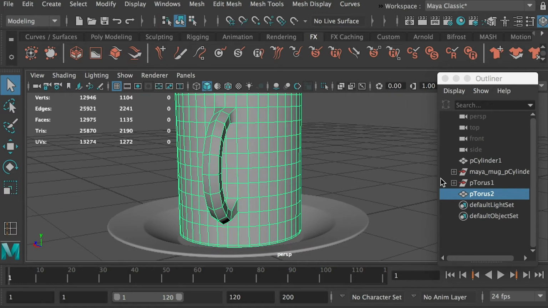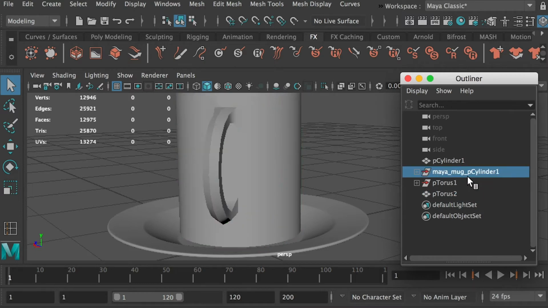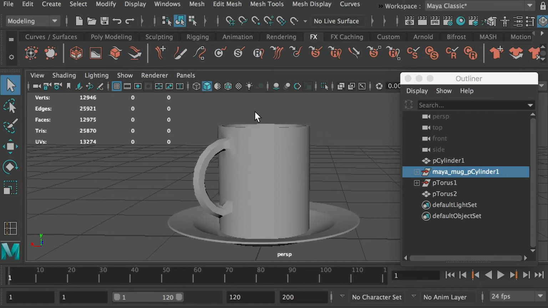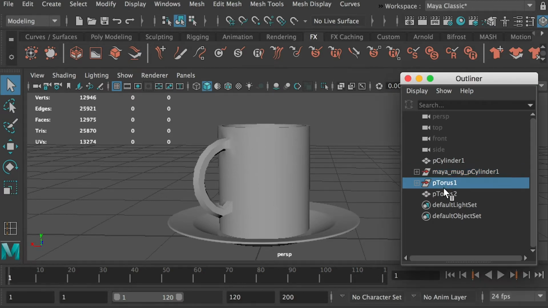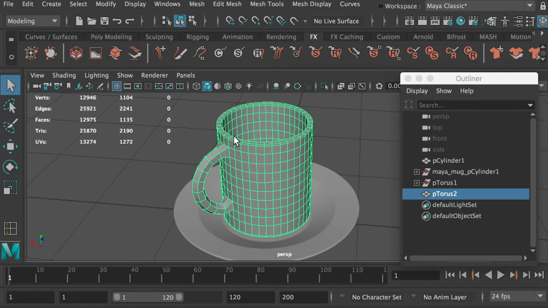See here, if I just take a look at the Outliner, I can see the names. Here it says mark cylinder, so I believe it is the history of this cylinder part. And here, torus, so I believe that is the history of the ear part. When the student created the model, he had two different objects, right? And he did changes like extrusion, or cut part of the torus, and then he merged them together. So as you have those histories,